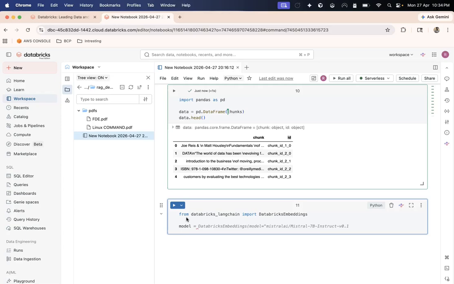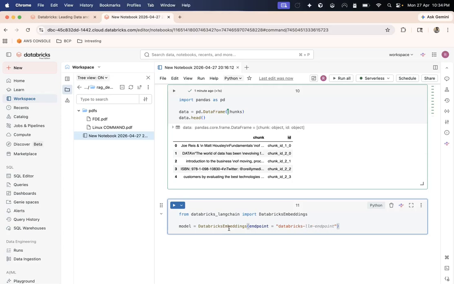Now the nice thing about Databricks, even the free version of Databricks, is that you get a lot of embedding endpoints for free. So what I can do is define this class on top of an endpoint. The endpoint that I'm going to be using is BGE large EN, and you don't need to deploy it yourself.